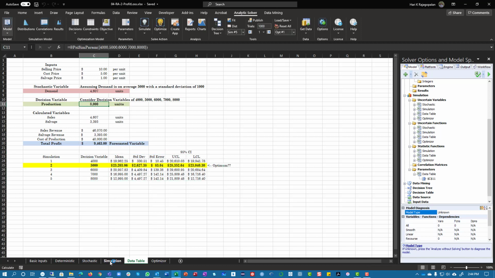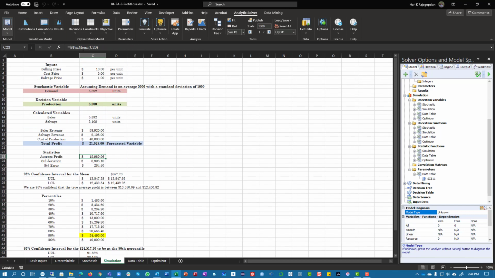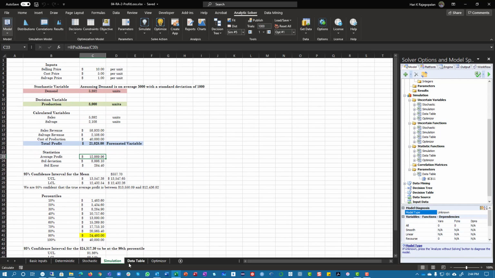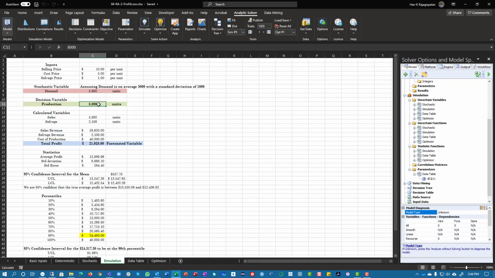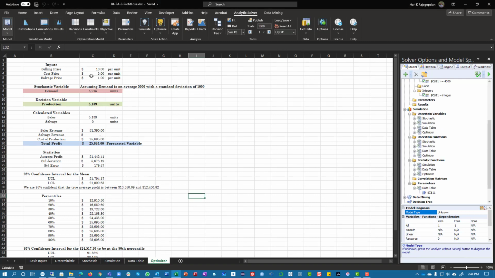So go back to your simulation, the original simulation, because this is an ideal format for you to run the optimizer on. So here you have this formula, you've got to delete this formula. Here the decision variable is a number, so it's perfect. So go back to this and then copy your actual simulation, click OK, and make a copy